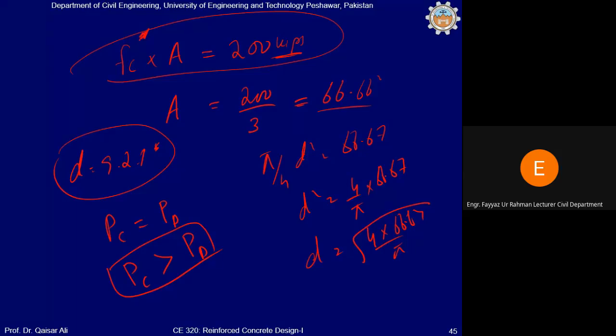बात समझ में आ रही कि नहीं? Clear? अब ये कितना ज्यादा होना चाहिए? This will be basically given in the code. Code will tell you that how much your capacity shall be greater than the demand. Clear? क्योंकि आप कैपेसिटी तो बहुत ज्यादा भी बढ़ा सकते हैं ना, यानी आप डाया जितना इंक्रीज करेंगे,